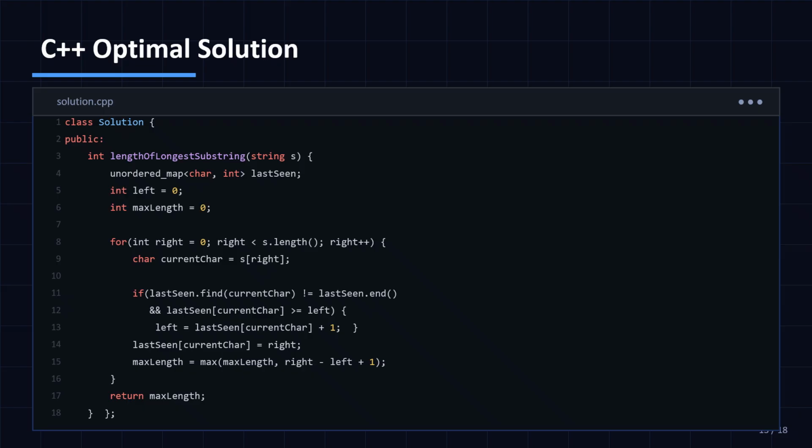अगर ऐसा नहीं है तो हम राइट पॉइंटर को आगे बढ़ा देंगे, ठीक है, मैप में आगे ट्रैवर्स करा देंगे। लास्ट सीन करंट कैर इक्वल्स टू राइट। अगेन, ये हमारा कैलकुलेटिव थिंग है। ये राइट माइनस लेफ्ट प्लस 1 जो दिया हुआ है, दैट इज़ आर विंडो लेंथ फॉर्मूला, ओके। वी कीप अपडेटिंग द मैक्सिमम और मैक्स लेंथ हमारा आंसर कैंडिडेट है, ओके।